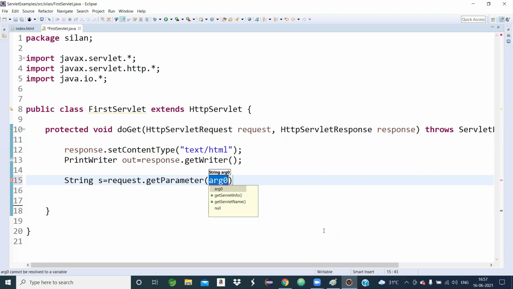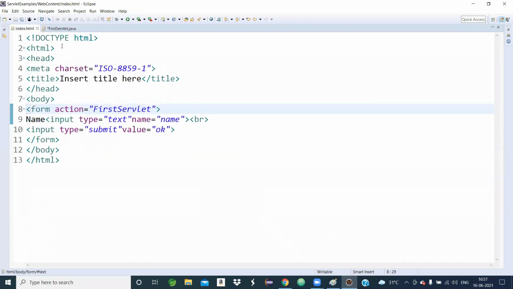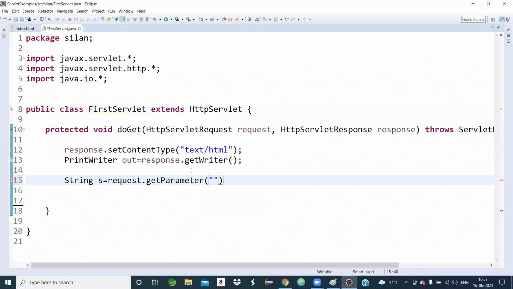Within the double quotes, I write the name from index.html, where input type equals text, name equals whatever you wrote, for example particulars.